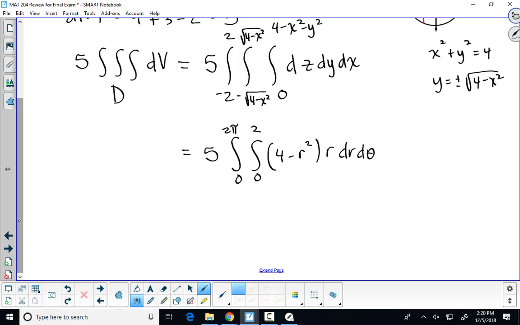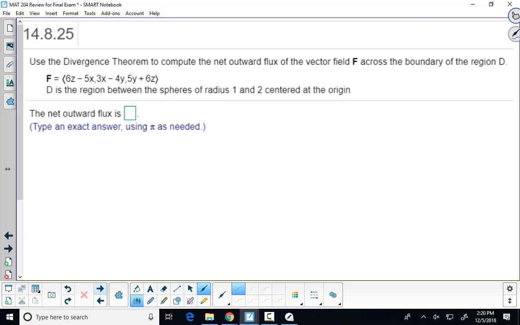And was there, okay, and this was number 4, I believe, so let's go to number 5. This says use the divergence theorem to compute the net outward flux of the vector field across the boundary of D, where D is the spheres. Okay. Now,